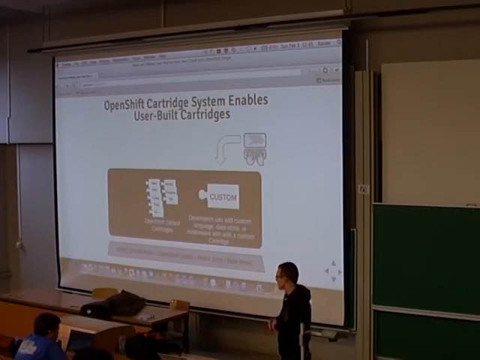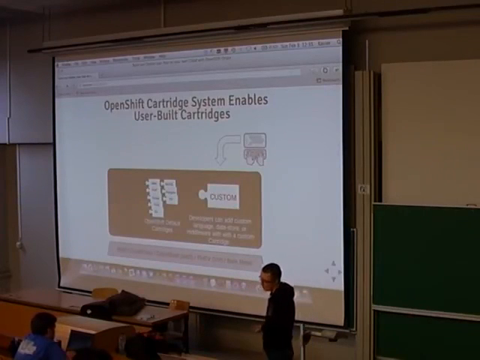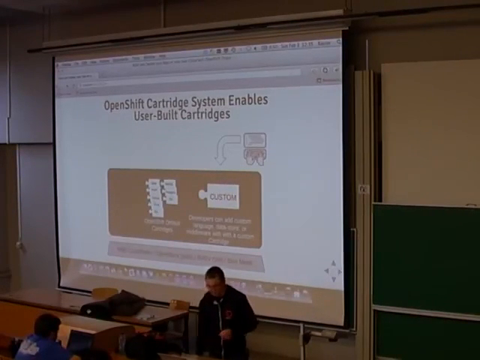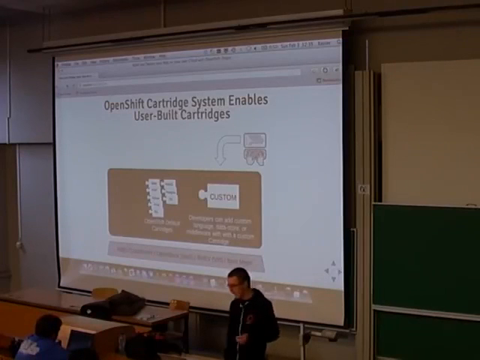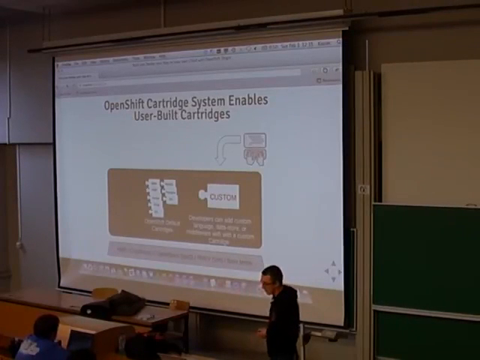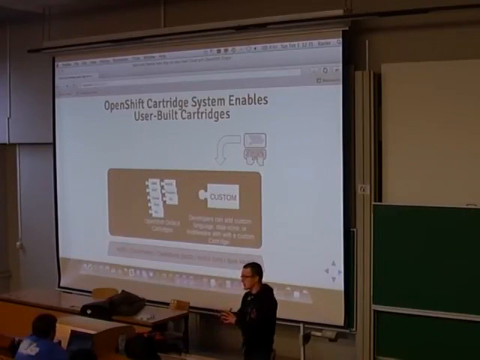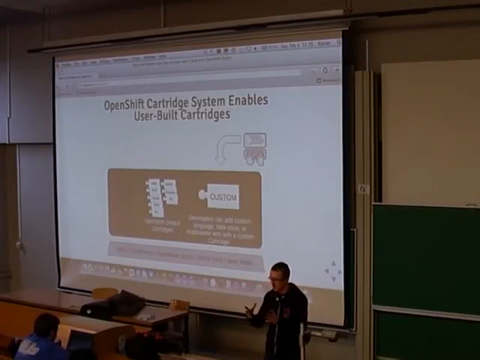You can get Java cartridges if you want to run your application on JBoss application server or JBoss enterprise application platform, or on Tomcat. But you can also run PHP applications or Python or Ruby. There is also Perl support, Node.js as well. And then you get also this concept of embedded cartridges, which means you have this gear with